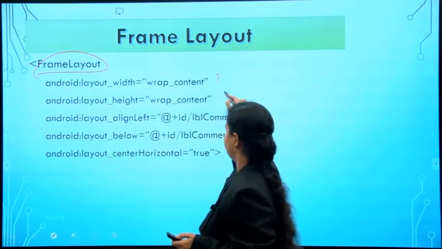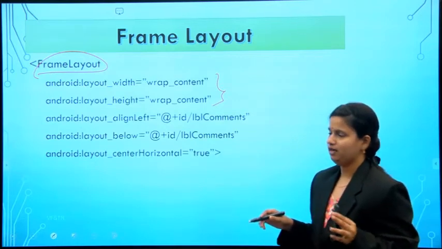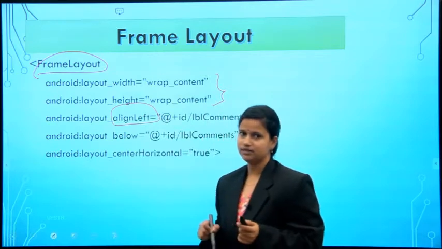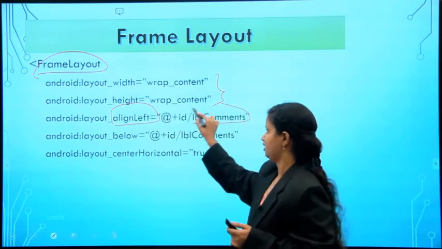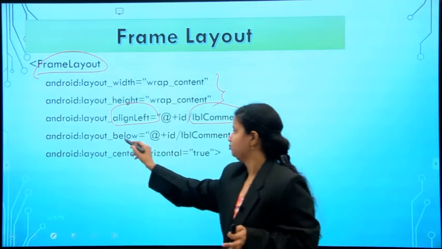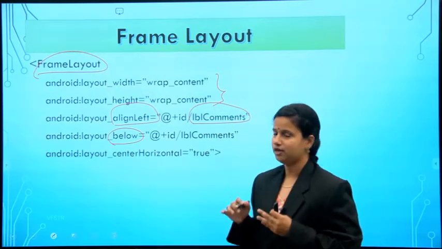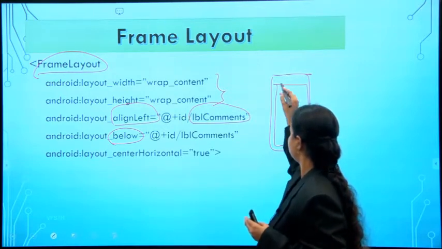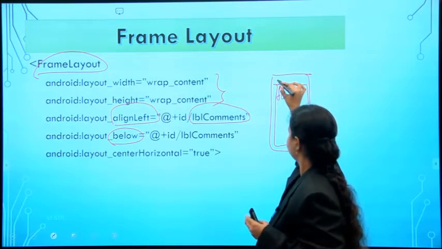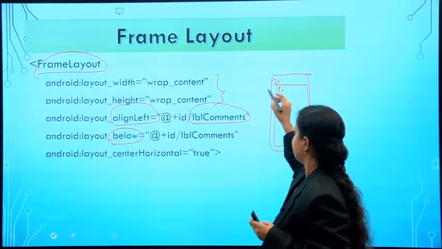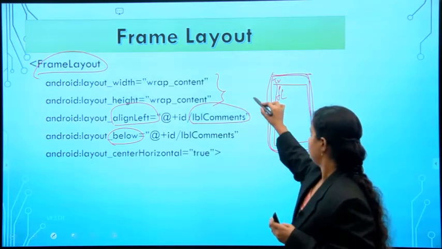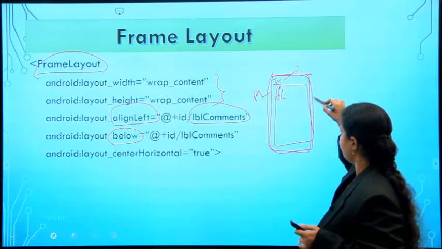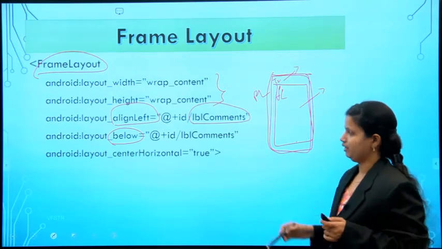So the frame layout width and height will be taken, and the frame layout will start to the left of the text view, and below the text view it will start with the frame layout. That means in this activity, from this position, a frame layout will start. So this is a text view. That means this entire layout is a relative layout, but the entire layout has a text view and a frame layout. So what does this frame layout consist of?